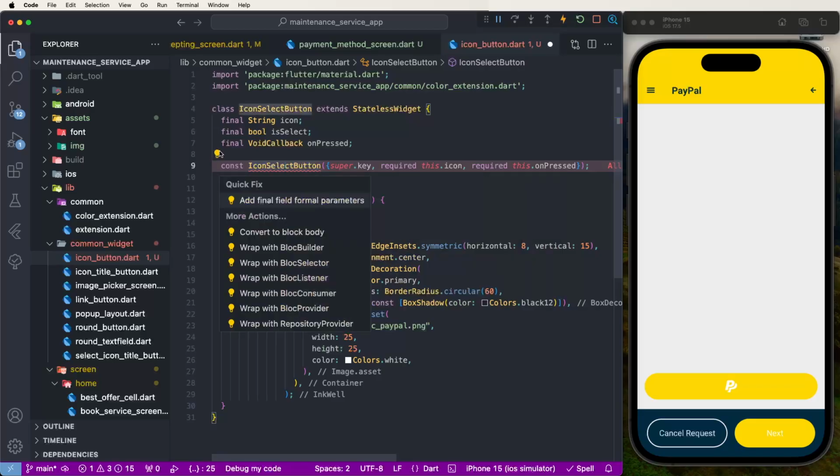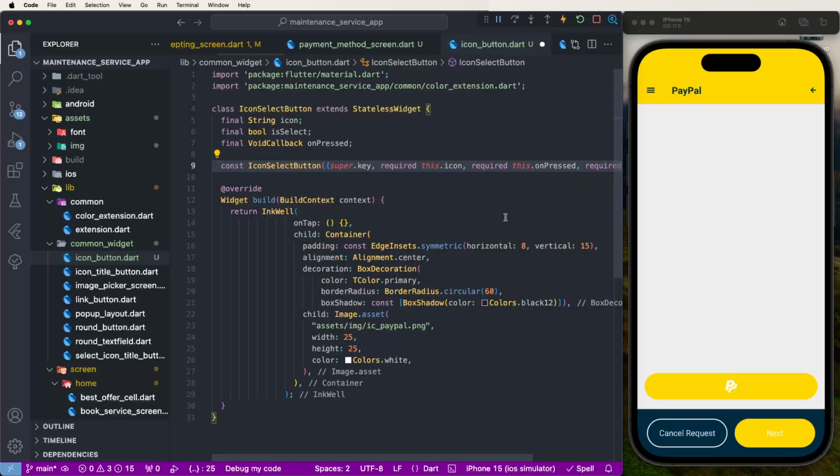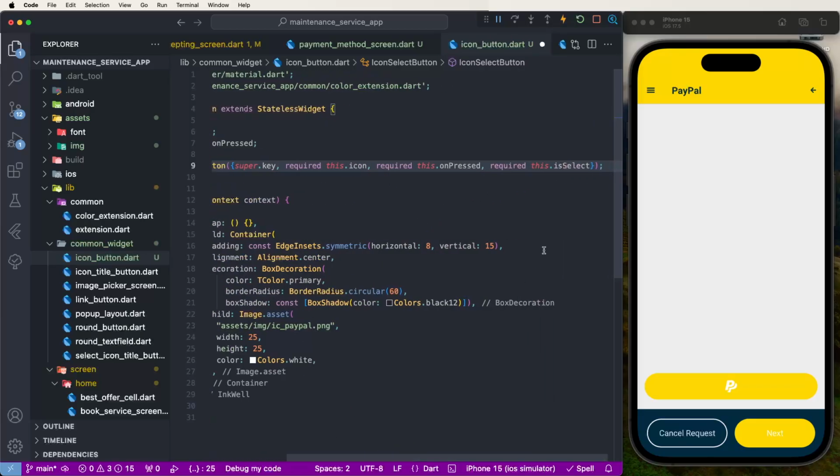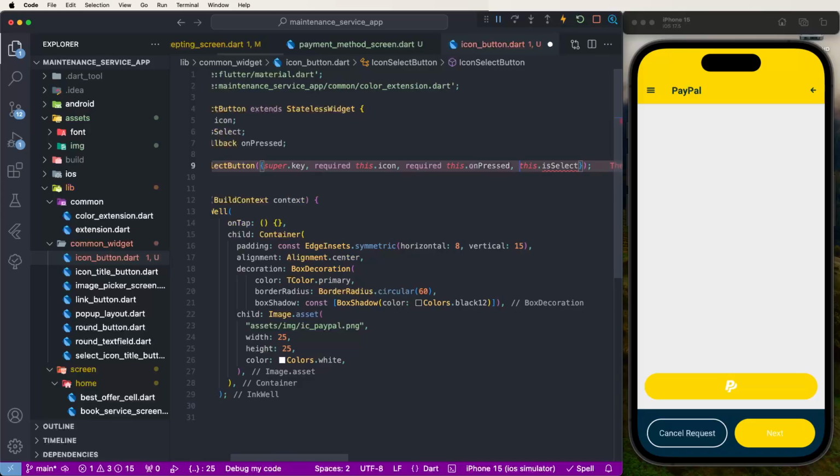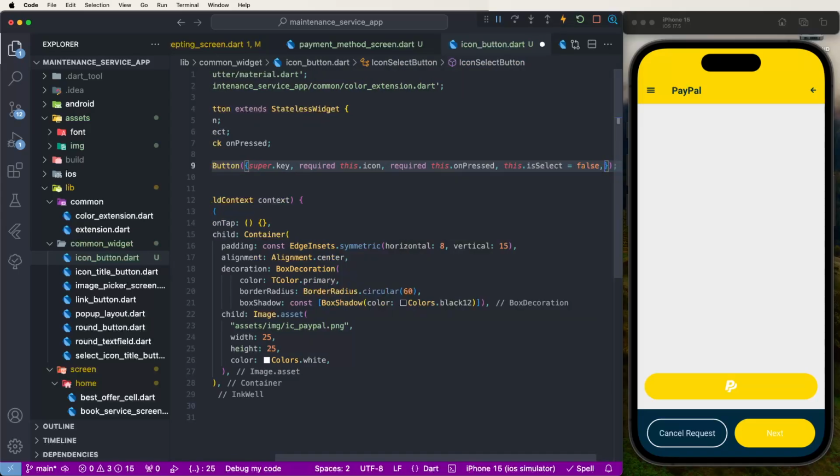Also import these parameters, and we need to configure this here required, by default need to set this here the false,